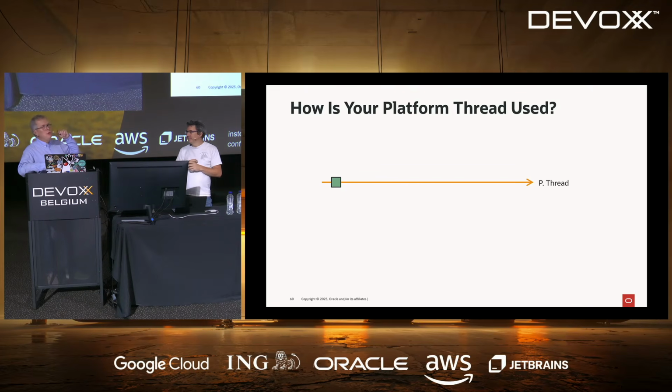So if you send a virtual thread to this fork join pool, the worker thread will see a virtual thread coming with some long code to be executed, and then there is blocking code in it. When the code blocks on the network call, this virtual thread will be removed from the stack of the platform thread and copied to the heap memory, as you saw. It's just like the virtual thread is gone and will come back later. When the data is available, this virtual thread will come back and be executed, hopefully on the same worker thread, maybe on another one, but it should be optimized. And then it could happen again.